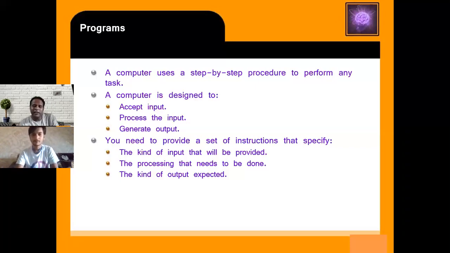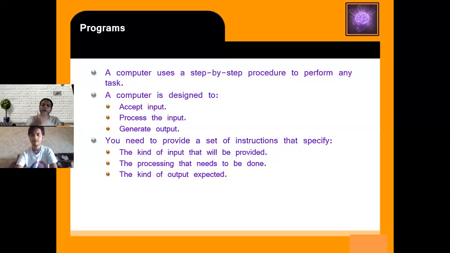And the step-by-step procedure is also followed when you wash your clothes. First you have to take the dirty clothes. You have to add the detergent. Then you have to switch on your washing machine. Then it is processed and it delivers the clean cloth. So it also happens in your programming. So you have to follow the step-by-step process. If you are not following the steps, it shows an error.